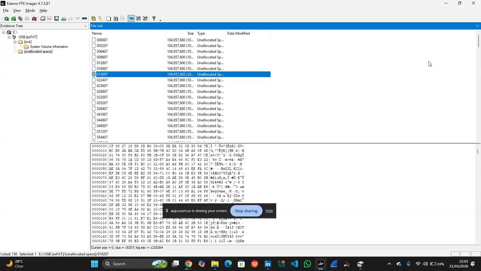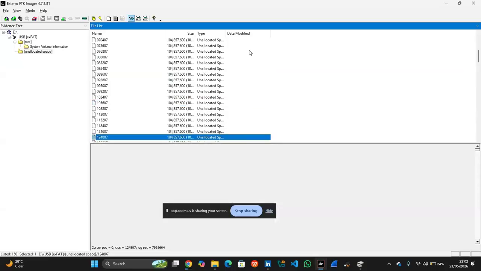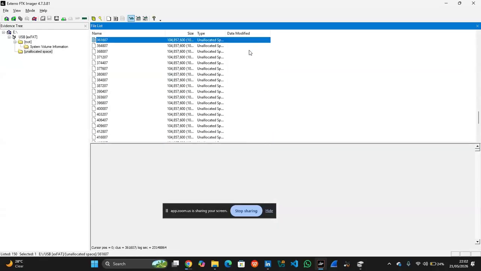I explained to you guys the concept behind deleting a file, right? So this unallocated space is basically the files that were deleted. I had a lot of files that I deleted from this particular flash drive or USB device. This is the size. As you can see, there's a lot.